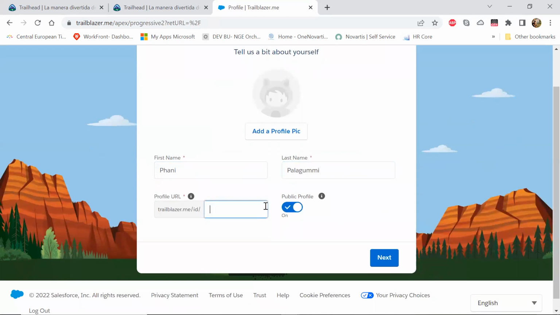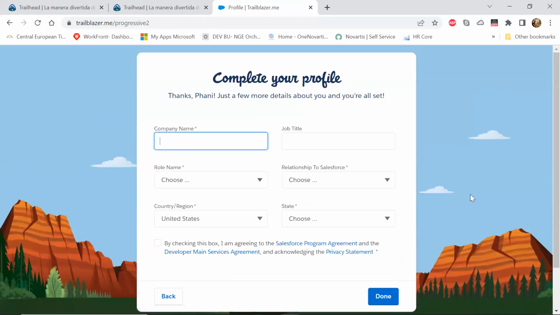And then you can also have your profile ID, where you can share this information with anyone. If you're going for an interview, you can just share this profile URL with them, so that they can view you on the website, over the internet. So, public profile. I'm not adding any profile pic now. I'll click next, and on the next page it will ask you about